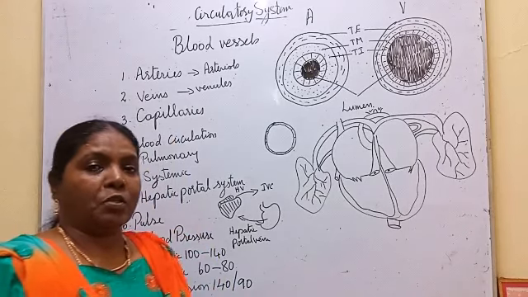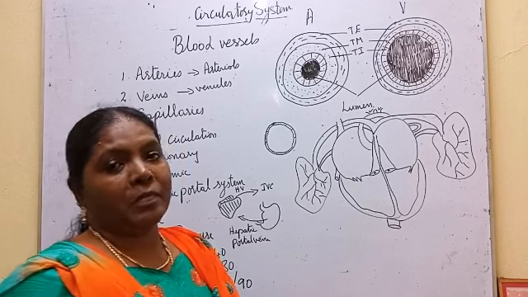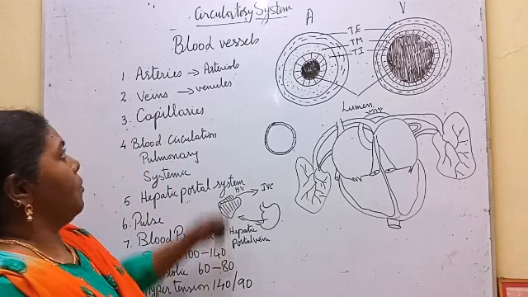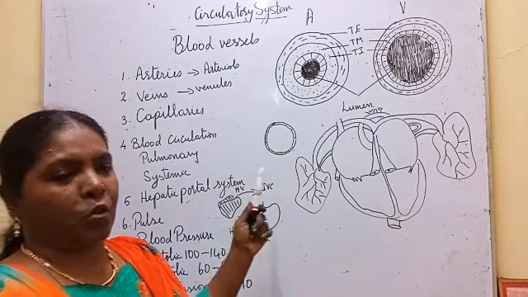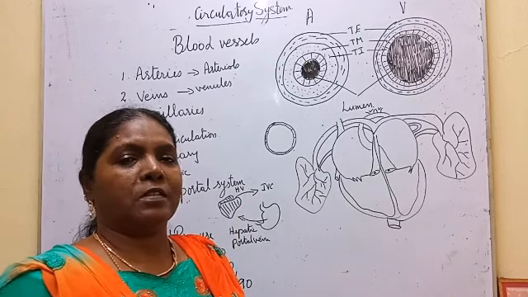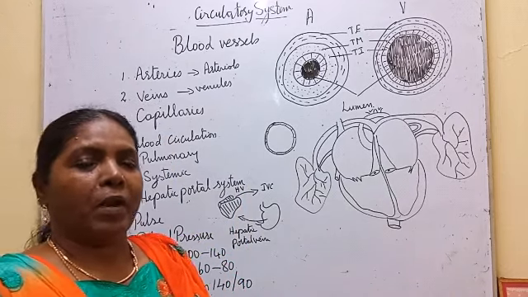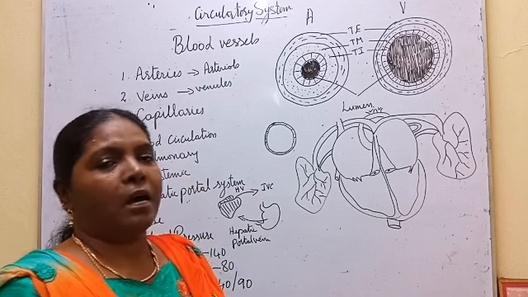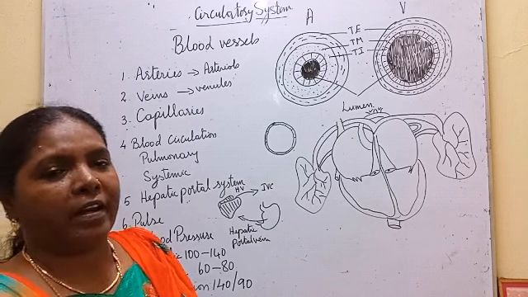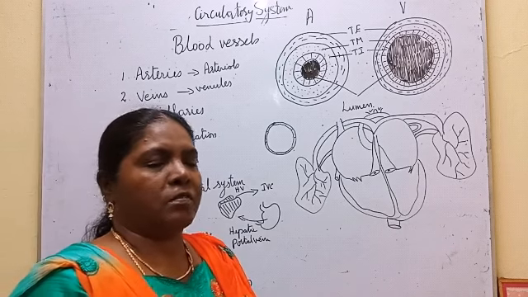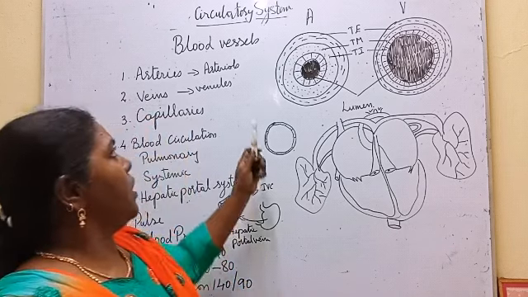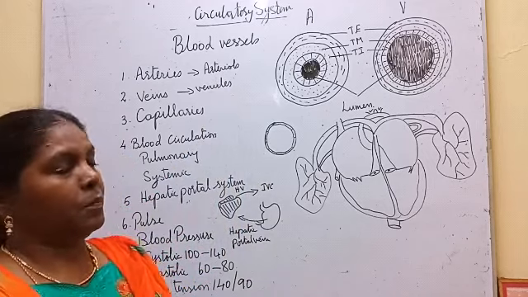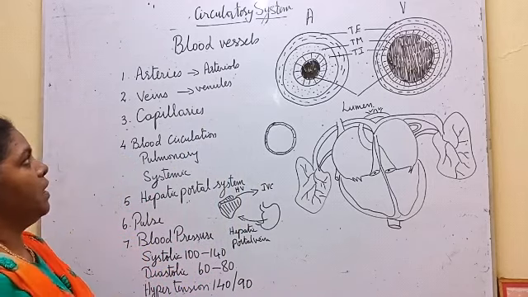Now we are going to continue the circulatory system lesson with blood vessels. I already told you the circulatory system consists of the heart, blood tissue and blood vessels. Blood tissue we finished discussing. The heart, its structure and anatomy as well as physiology, we have seen. Now we are going to see the blood vessels, tubular structures.